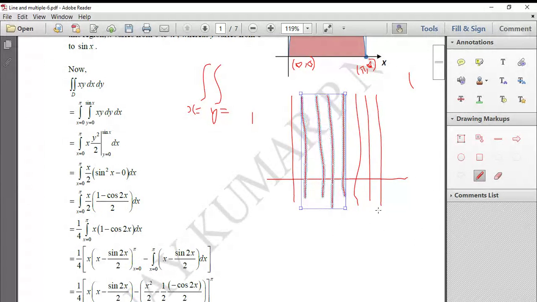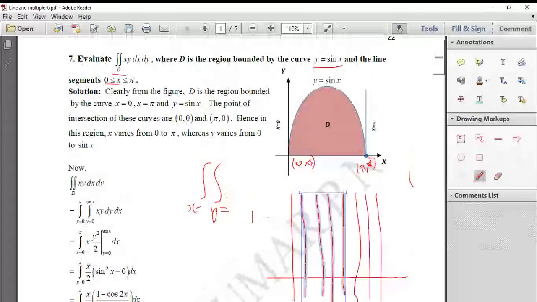So there are infinitely many values, right? Ordered pair x comma y. Do I need to consider all of them? Remember, this line extends downwards also, right? There are also infinitely many points below the x-axis. Do I need to consider all of them? Let us see. For that, you have to consider y is equal to sin x also.